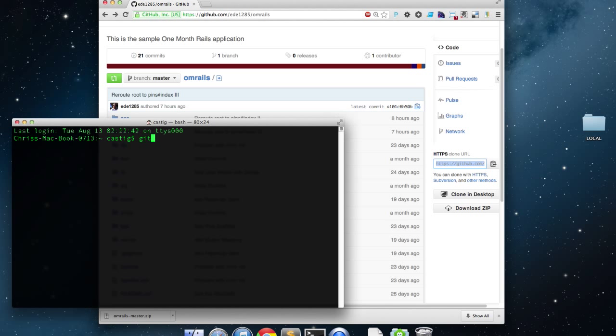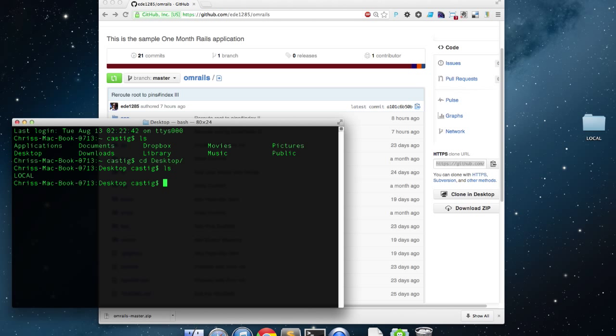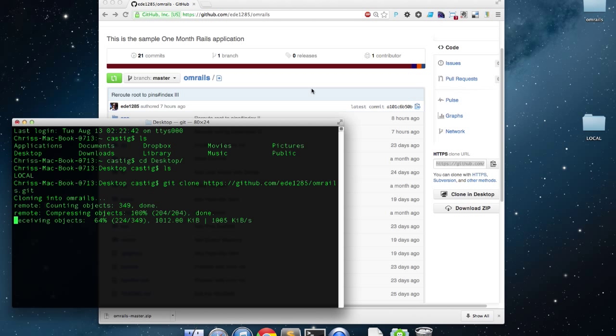If I do git clone, let me make sure I'm on my desktop first. ls, okay, cd desktop. I'm on my desktop. If I do git clone and then this address that I copied from here, you'll see that it will download it. But when I go inside, I'll also be able to see my git status, or rather see Etienne's git status of all the things that he's done in the past. So the little git log,